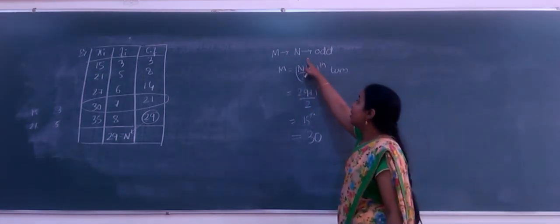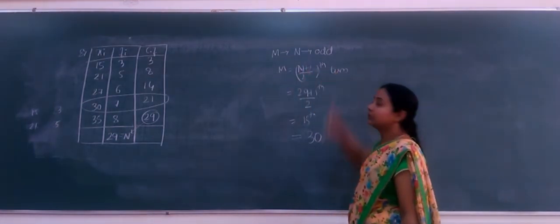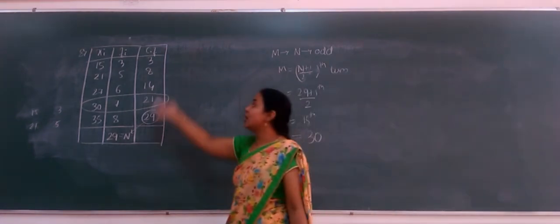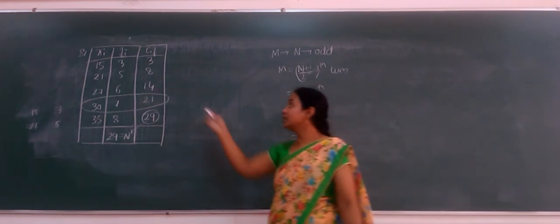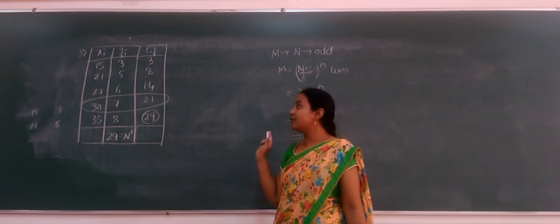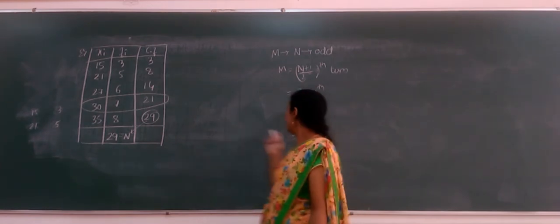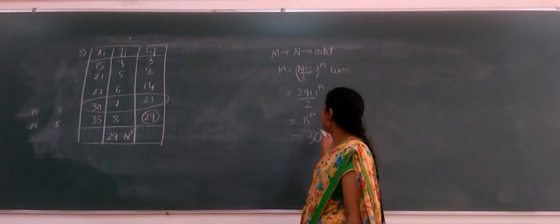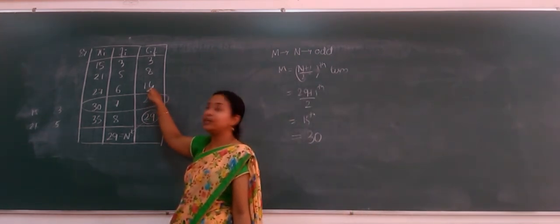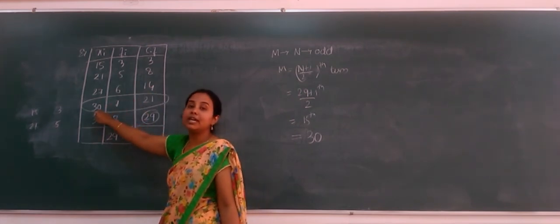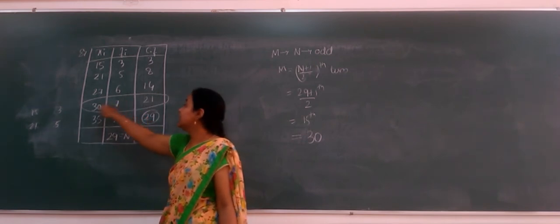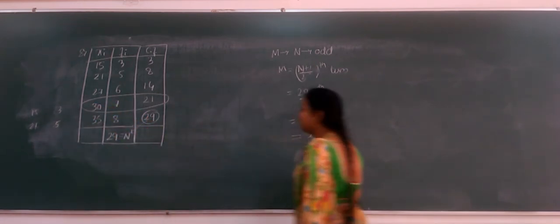I'll repeat it once again. Median, if n is odd, is the n plus 1 by 2th term, that is our 15th term. But you can see that this is not in the expanded form of ungrouped data. It is grouped. But with the help of cumulative frequency, we can find even the terms. So we want the 15th term. Till here there are 14 terms. Our next 15th term is 30 only, because 30 is written next 7 times. So our 15th term is 30. Now we got our median.